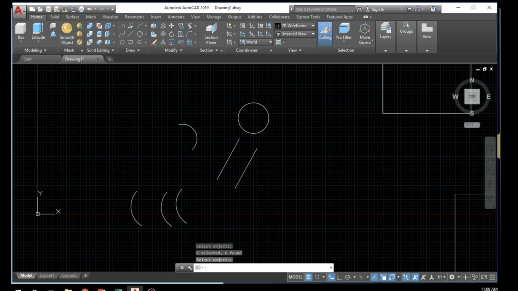Ngayon, ginagamit siya sa mga komplikadong parts, no? Halimbawa, napakaliit lang yung object na kailangan burahin. Pag ginamit kasi natin yung window or crossing, may mga object pa rin na matatamaan na hindi naman kailangan burahin. So we can use the multiple. Okay, then next,